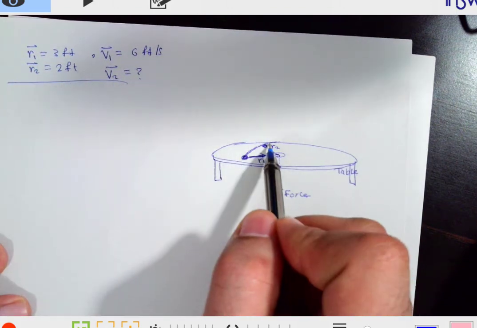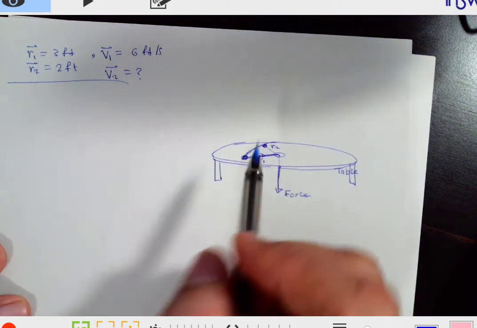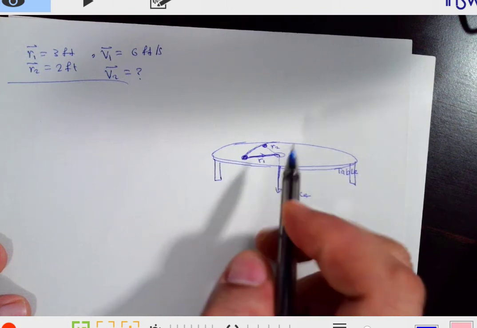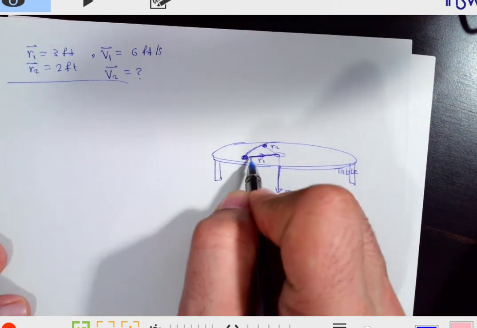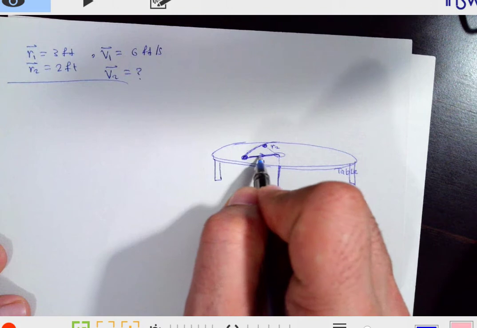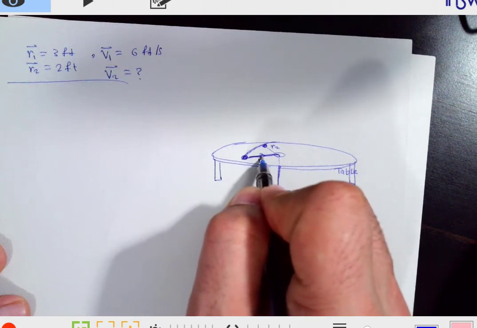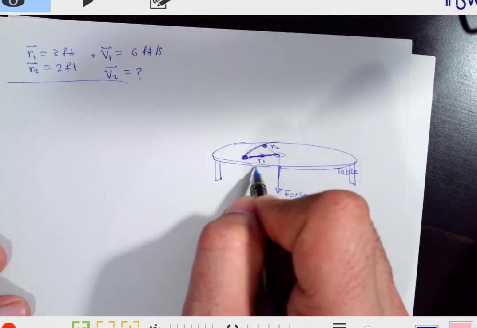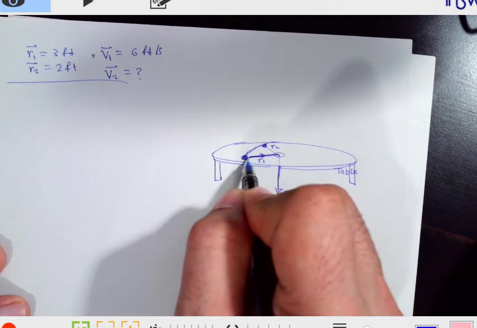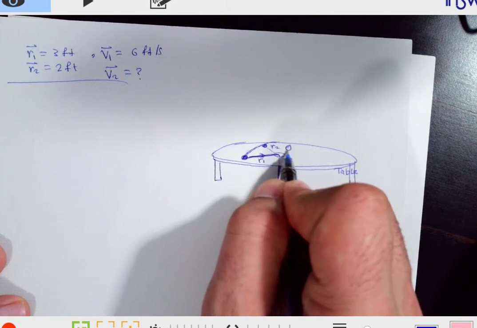What is the velocity v2? Now what causes this is that force, and this force, as you notice, is in the direction of r. So the angle between r and the force is 0,